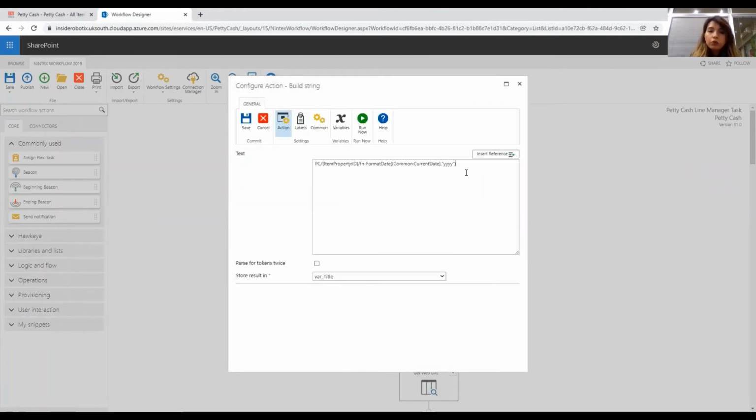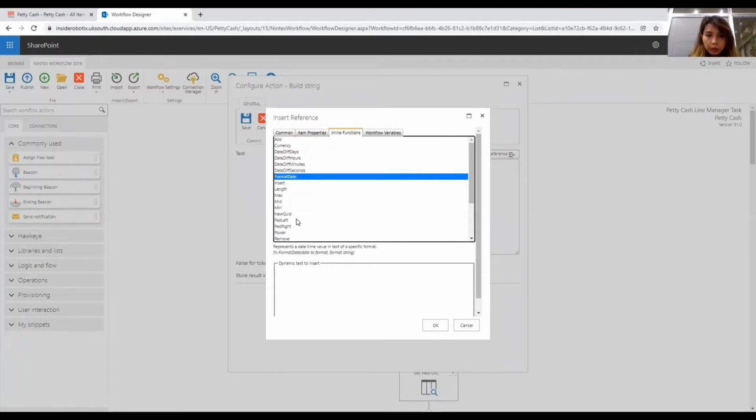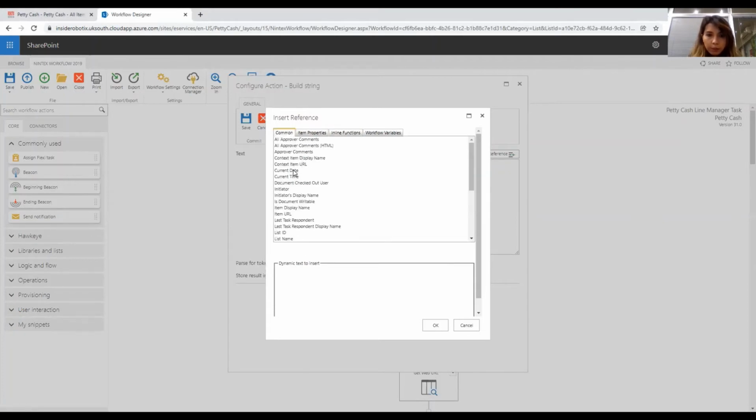Then we need to format the date. So I will add only the year number. So we can go to insert reference, how to format the date inside the workflow. You can use the inline functions, format date, choose the date to format. You can choose current date, it will appear here inside the comment. Then